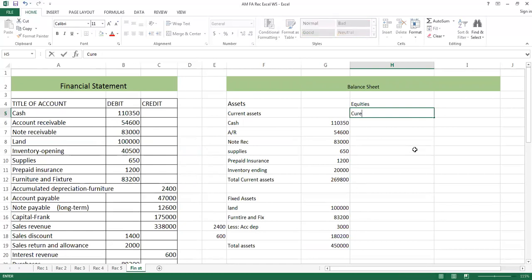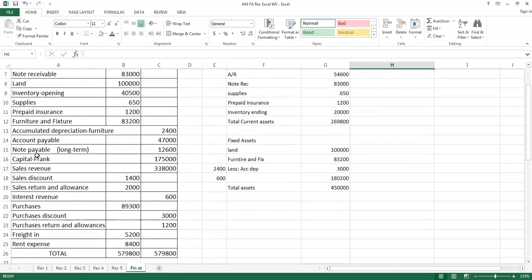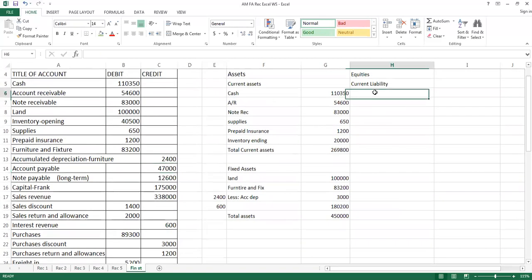In equities, we will work on current liability. Remember the liability which we are committed to pay within a year. Check your data. One account payable is given by 47,000. So account payable,